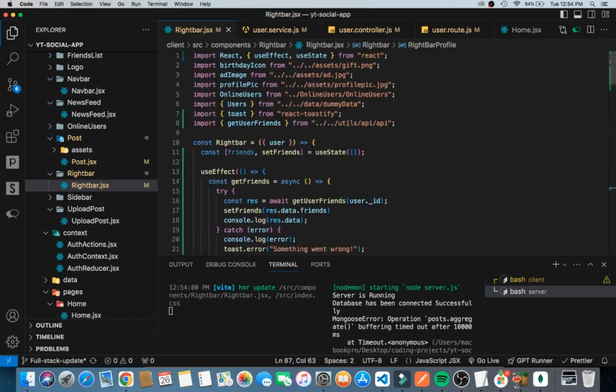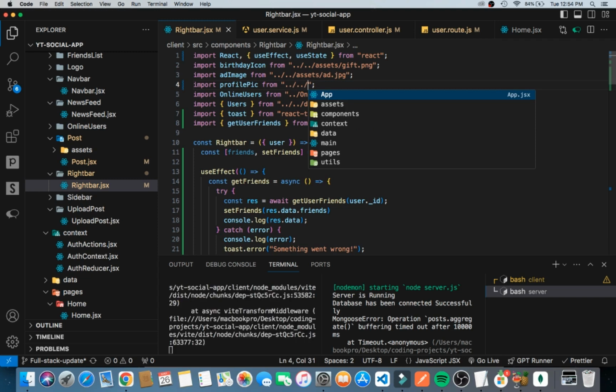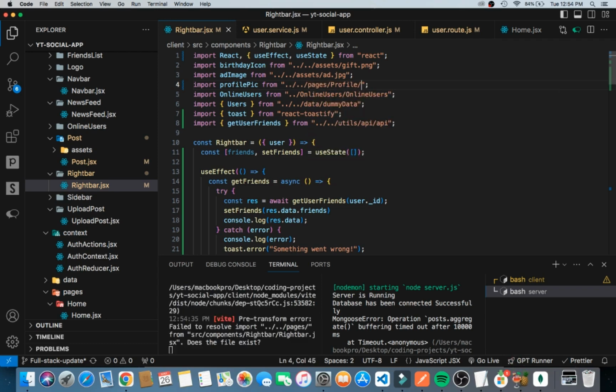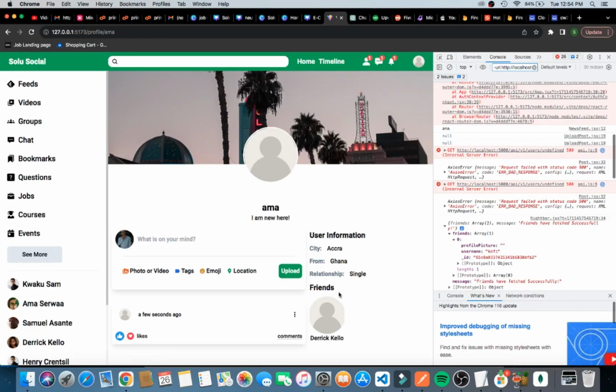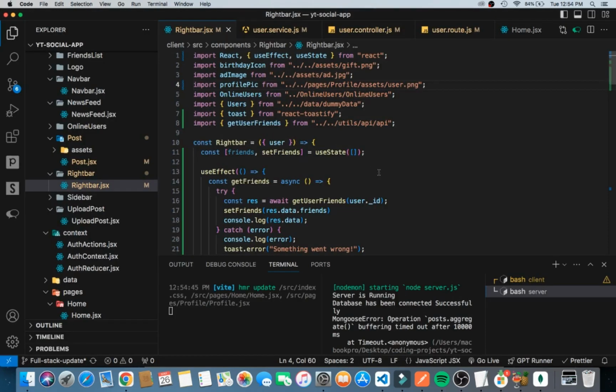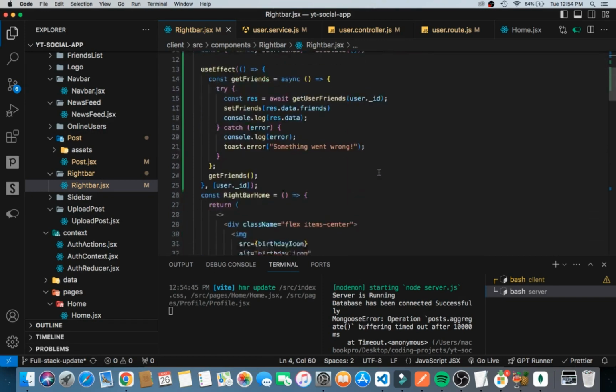I would instead say profile. So over here I can see what, clean this and come to, I think it was inside the profile page, profile, then assets, then we have user.png, right? So alright, we have this nicely set. Okay, right, now that we have this, for the meantime we can say that,